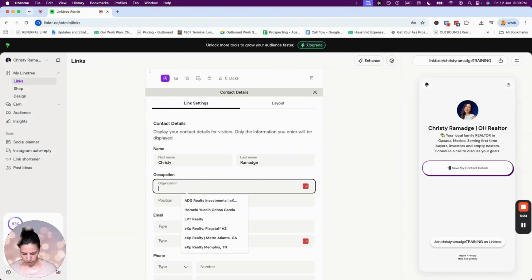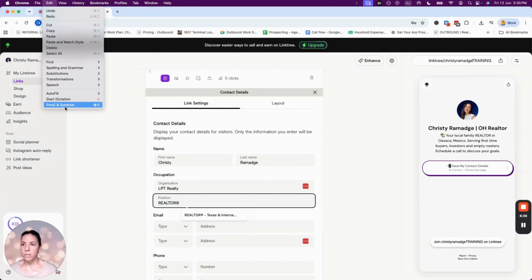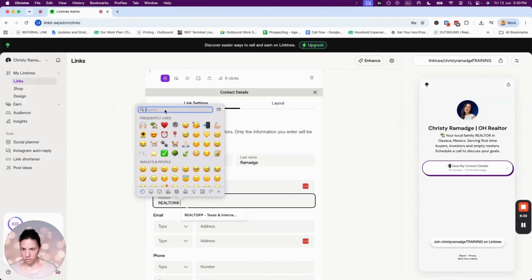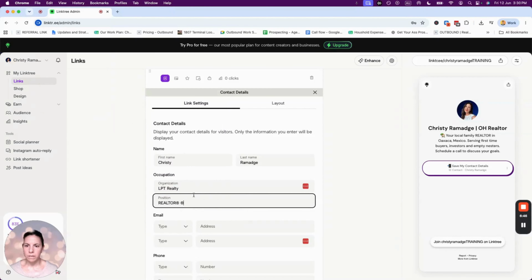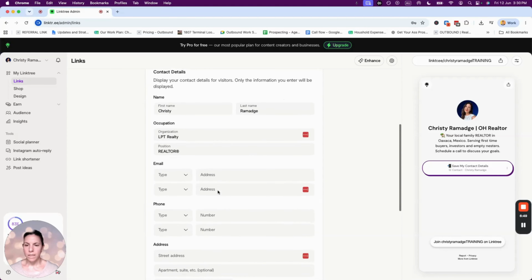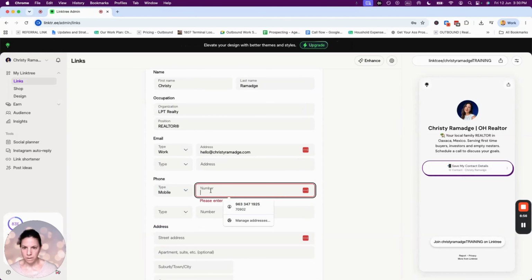So let's say you were with LPT Realty, and then you could put, okay, I'm a realtor. And the little R mark, if you're looking for that, you can do that again under special characters and just type in register, and these 2 will pop up. I usually pick this one here. Okay, all right. And then email, so just go ahead and pop this in, at christyramage.com, your phone number,